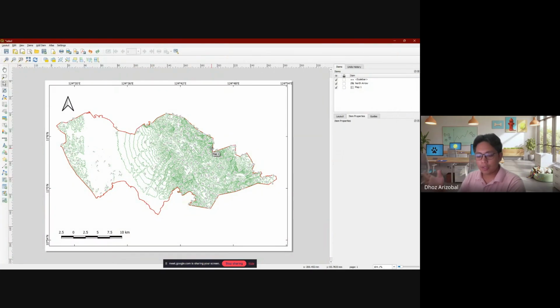Mga ganun. The color selection should be logical and it should also convey ito dapat. Like think of Jollibee. Ano kulay ni Jollibee? He's red. It evokes emotion. So dapat the color selection, how you present your map should also be logical.